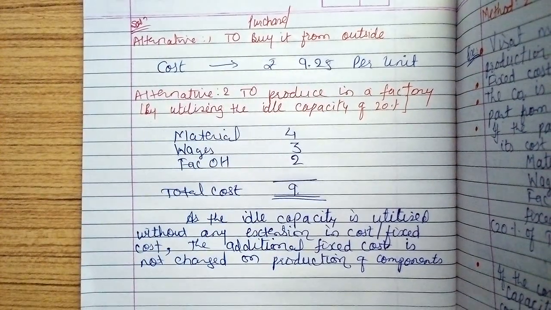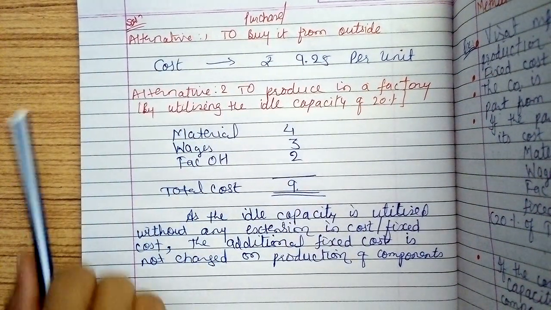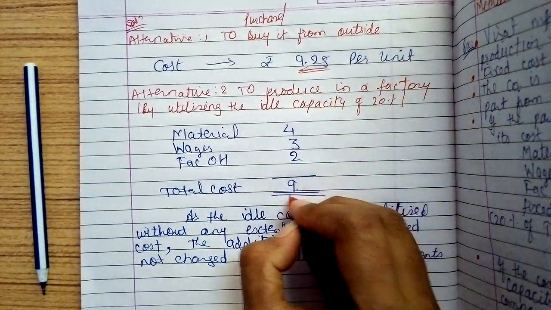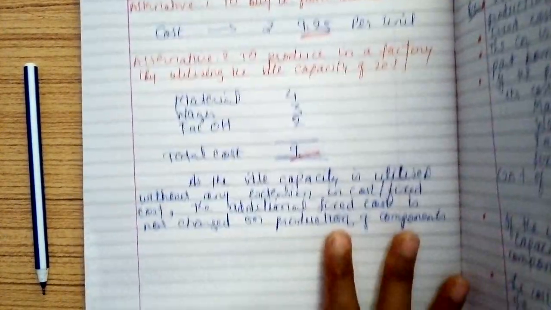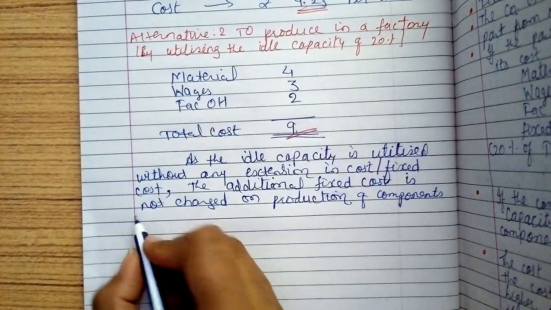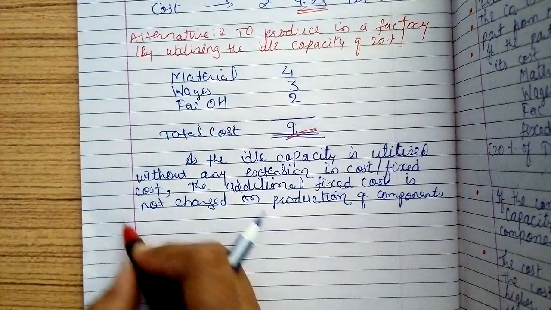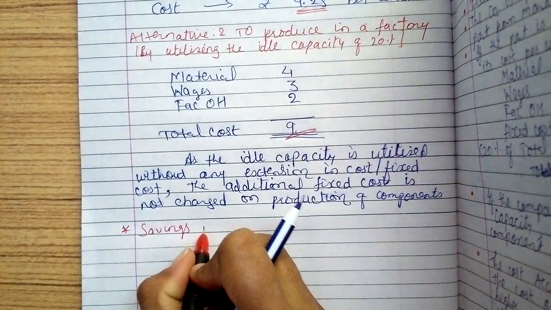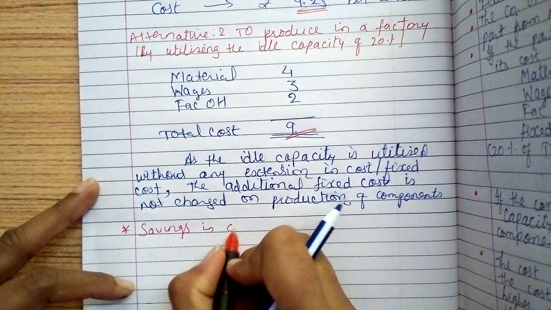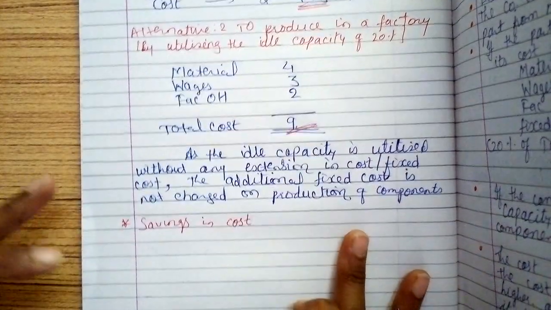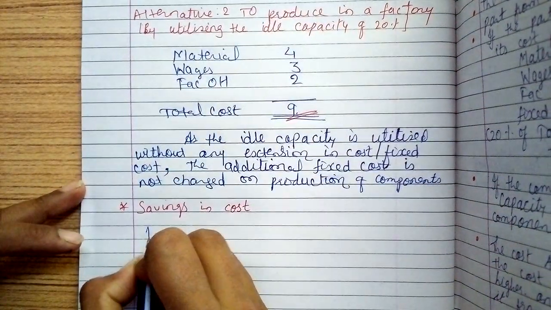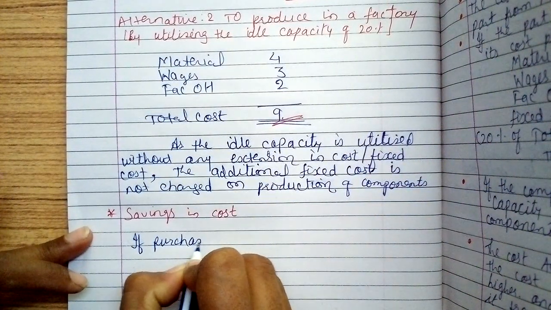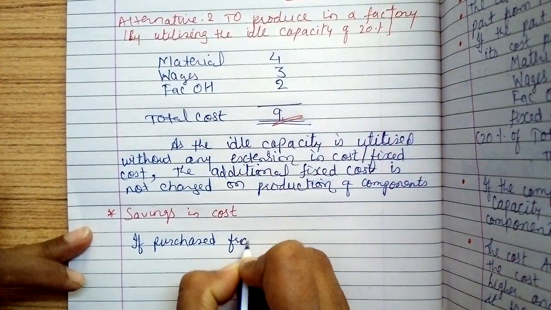એટલે અહીંયા ફિક્સ્ડ એક્સપેન્સ કન્સિડર થશે નહીં. So we are just going to compare these two amounts, 9.25 and 9 rupees. So second thing, સેવિંગ્સ ઇન કોસ્ટ. અત્યાર સુધી શું કરતા હતા? પરચેસ કરતા હતા આઉટસાઇડથી. તો લખીએ અહીંયા, if purchased from outside,